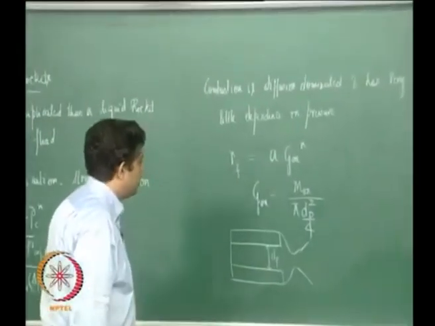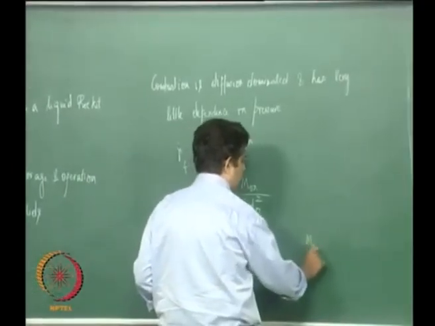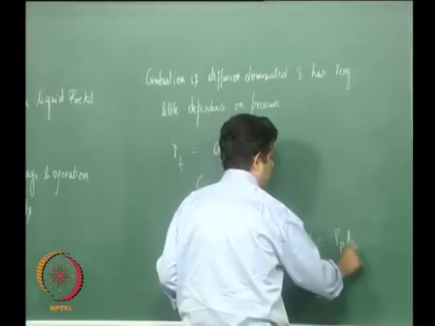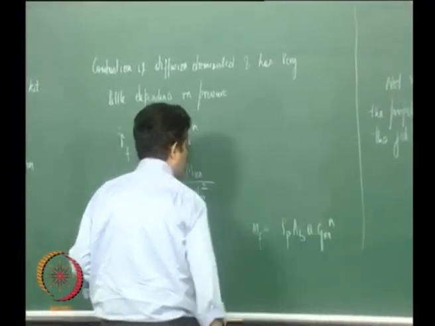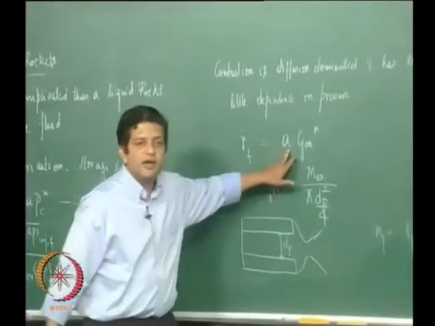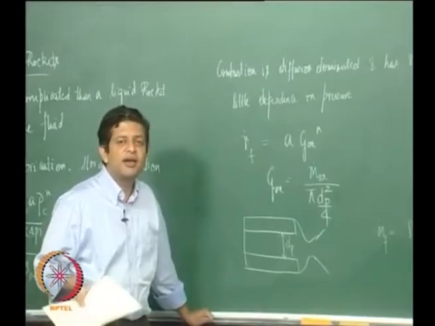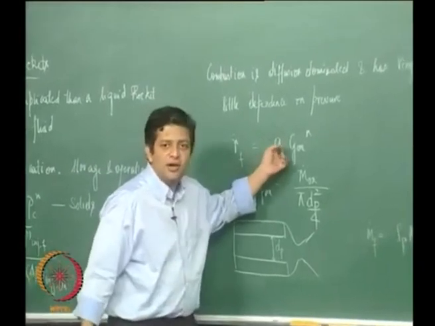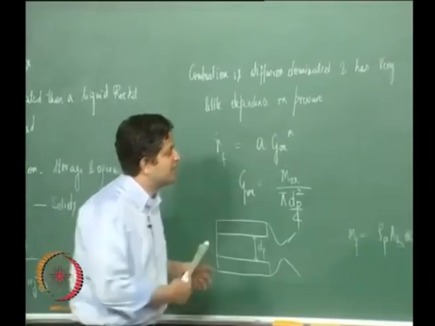So, the overall mass burn rate m dot fuel in this case would be... now A is nothing but, just as in solid rockets we had A there, which we said is the burn rate at unit pressure, this is also the burn rate at unit mass flux. Okay. So, what is typically done is we plot